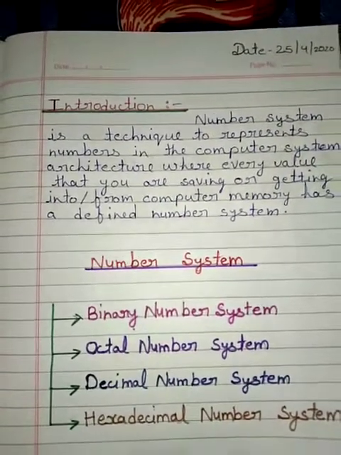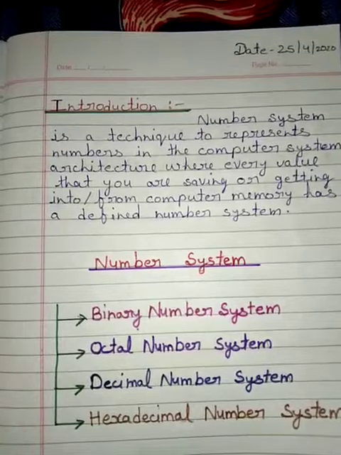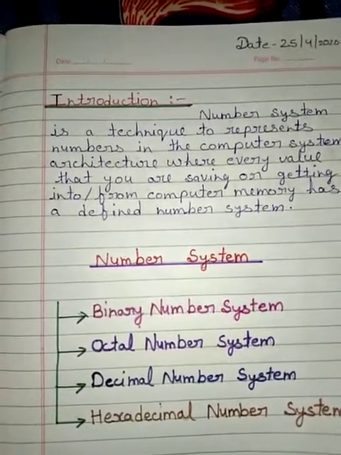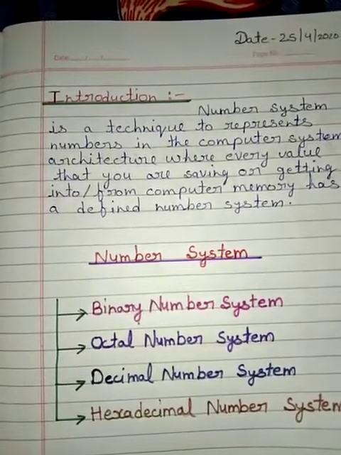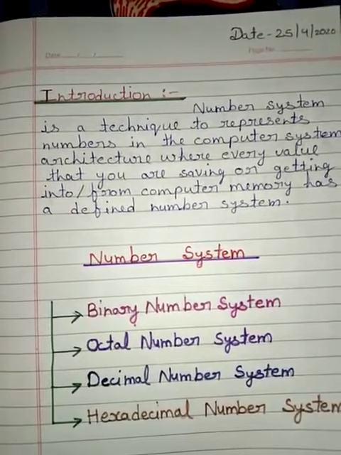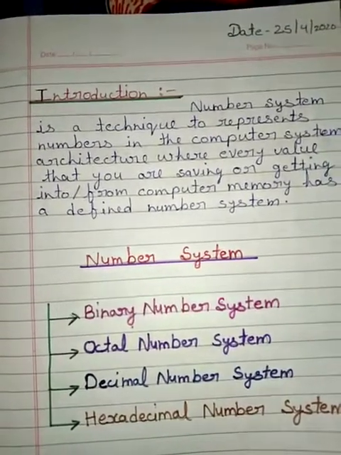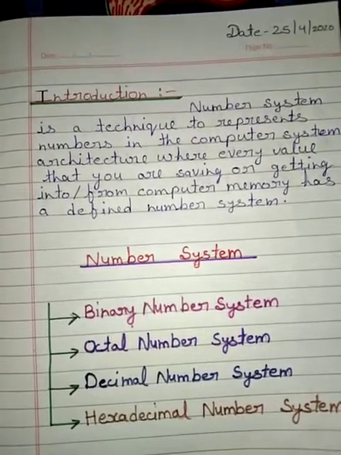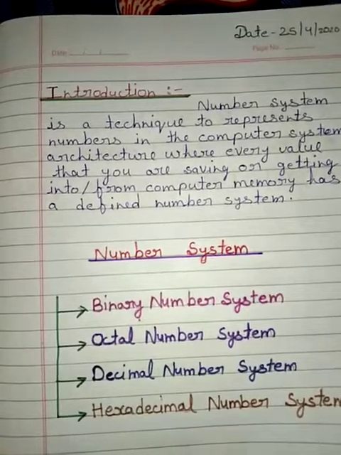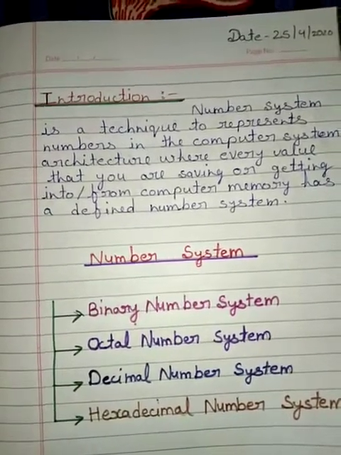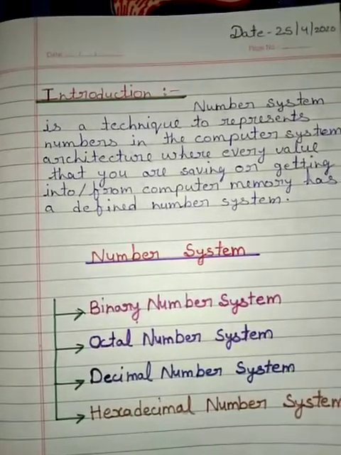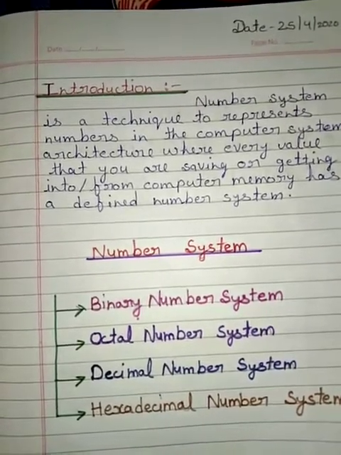Okay, now let's start our lesson. What is a number system? You must have heard of number systems like whole numbers, real numbers, etc. in mathematics. But in the context of computer technology, we define other types of number systems like the binary number system, the decimal number system, the hexadecimal number system, and others. We will discuss these number systems. How can we convert from other number systems? Okay.